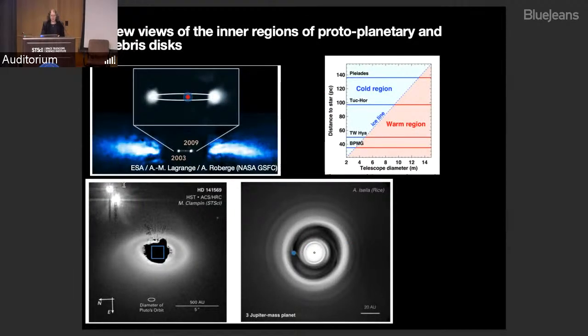As we've heard about in some of the earlier talks, Habitable Worlds Observatory will give us new views of the inner regions of protoplanetary and debris disks. Even with some of our favorite systems, we're now going to be able to look in the terrestrial planet region and see what's going on there, what kind of features and morphology and colors and compositions we see that can tell us about the planet formation process in these systems where we already have a lot of wonderful information about the disks in the outer part.